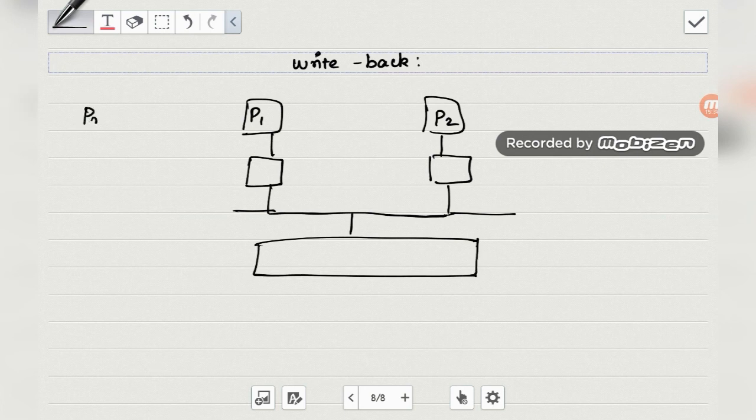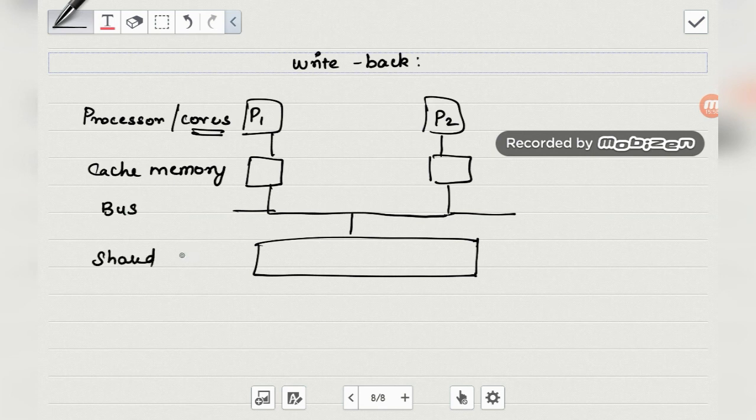This is the processor, or you can also put cores over here. Instead of processor you can put cores as well. There is a cache memory, and there is this bus, and there is shared memory or main memory here.